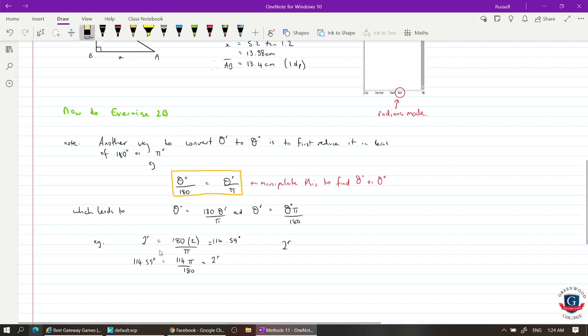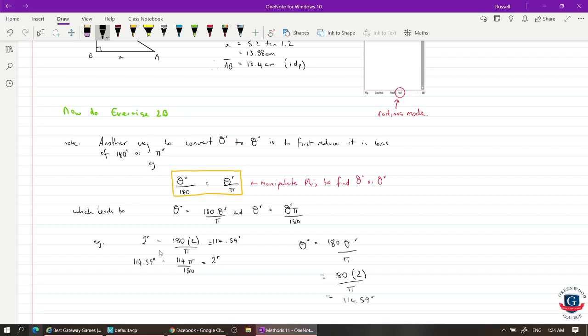Let's write down the degrees formula. Theta degrees equals 180 theta radians on pi. That's equal to 180 times 2 divided by pi, which equals